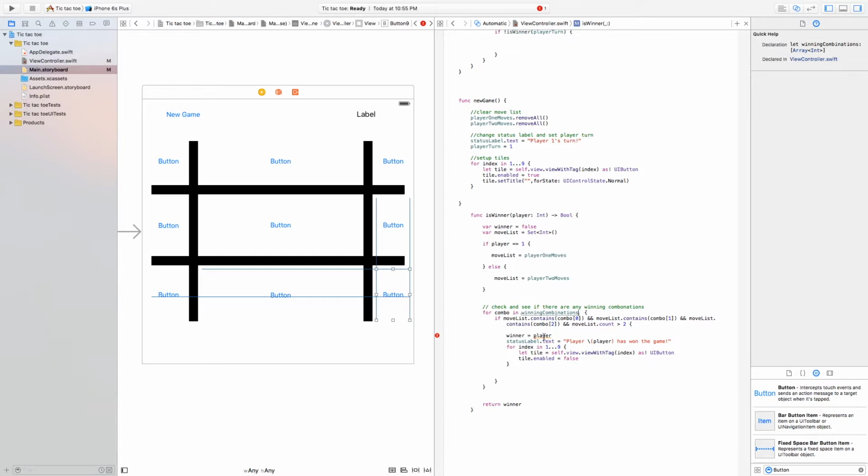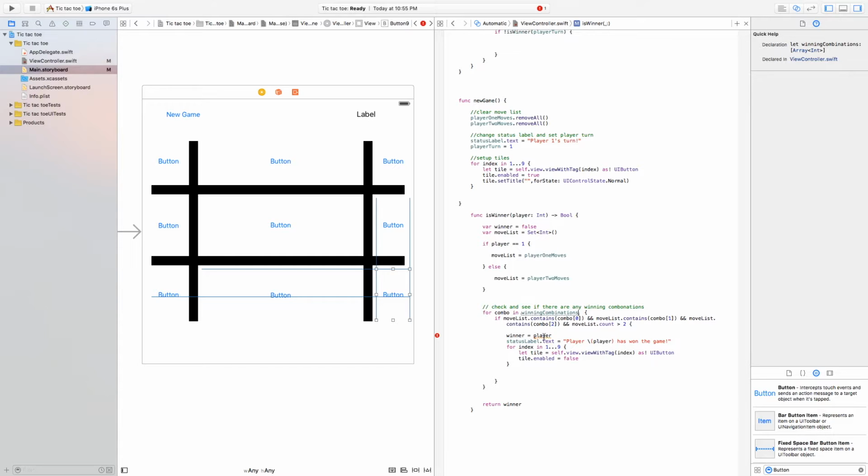So for each combination in winning combination, we're going to check if the move list contains combo subscript 0, which means the first object in that list there. So if it contains the first one and move list contains combo subscript 1, which is the second one, and it contains combo subscript 2, which is the third one, the third object or number,